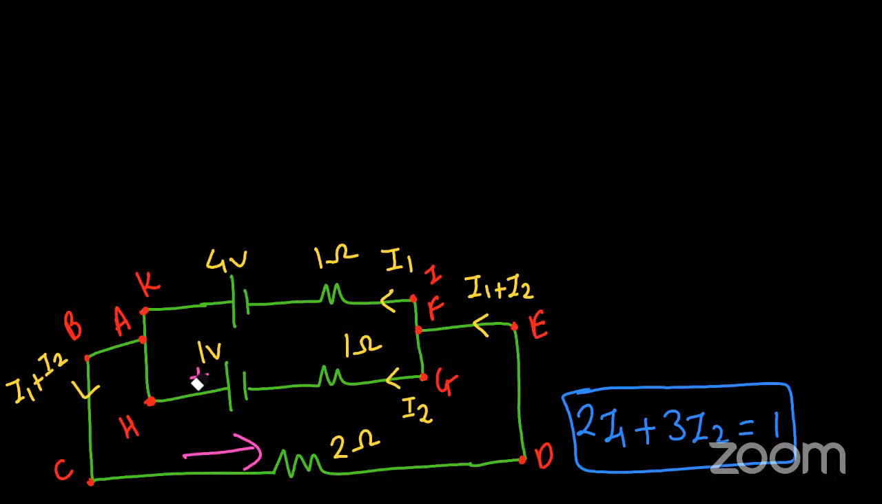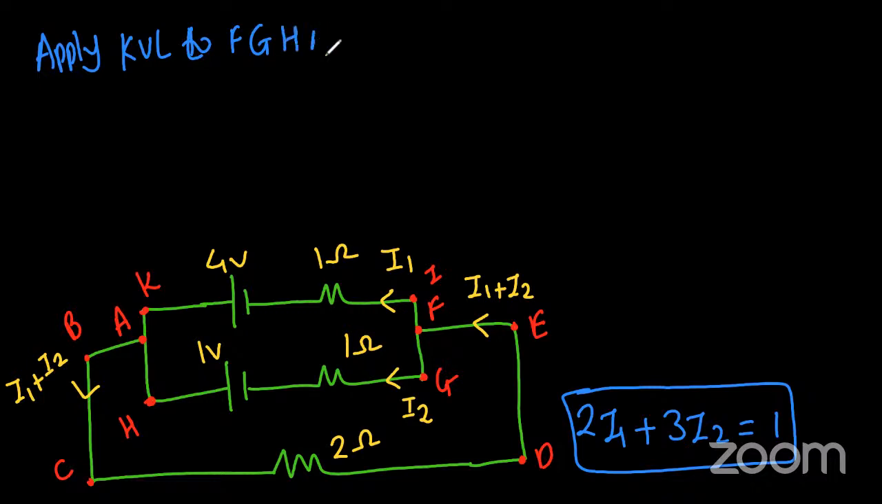Now I'll use a second rule. So apply this one, okay? F, G, then H, then A, then K, then I, then F, खतम. So apply KVL to F, G, H, A, K, I, again F. ठीक है, नीचे से आएंगे. Now this is the first one, so again -1 I2, -2 plus, so again +1,